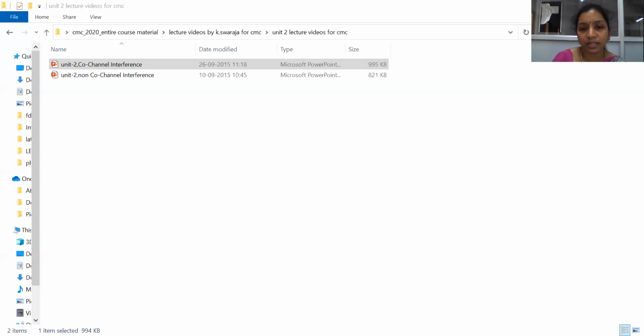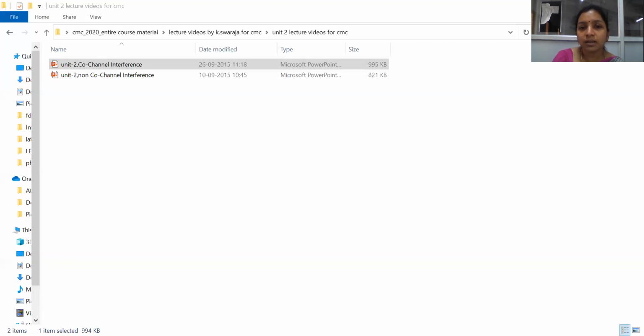So this is the figure. You can see here, this is the cell. It is far away from the center of the cell. In the previous case, we discussed when the cell is in the center, which we call a normal case, and it will be equidistant from all the 6 co-channel cells in the first tier. But you can see here, it is on the cell boundary, which means the distance to each co-channel cell will differ.